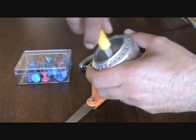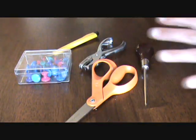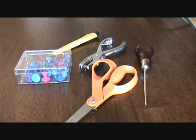You probably have one of these laying around somewhere when you want to cut out the bottom of a pop can or a beer can to make a Pepsi style stove. So there's lots of things that you probably have laying around already that you could make a simple design with. Let's look at some specialty tools that you might need if you want to make a little bit more complex